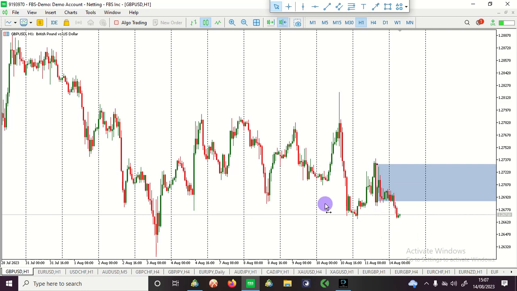I don't need to mark everything here because of how this GBP USD behaves. I mean that this place is a block that this market is supposed to get to and sell, but GBP used to clear liquidity. So I'll be expecting the market to get to this block here, this upper one, before it will sell. The reason why I say this is because of the past results and what I have seen